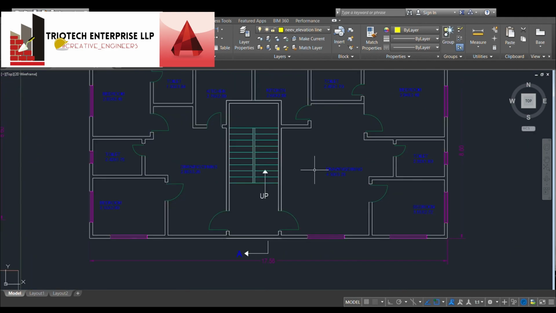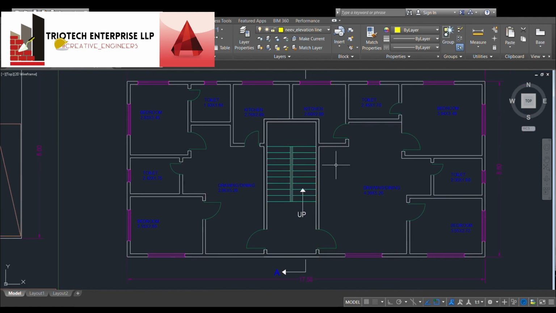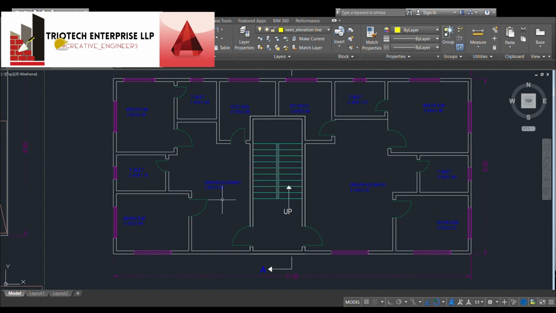Here is the residential area and it has to be the same. We have divided the floor into 2 parts. The first part contains 2 bedrooms, 1 dining cum drawing room, and 2 toilets, 1 attached and 1 common. The same plan is provided on the opposite side too. This plan provides ample space to the owner, which makes the building convenient and satisfactory, which is the main factor we try to promote here at Triatech.